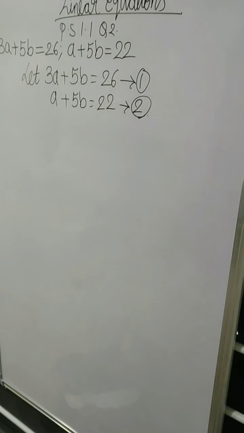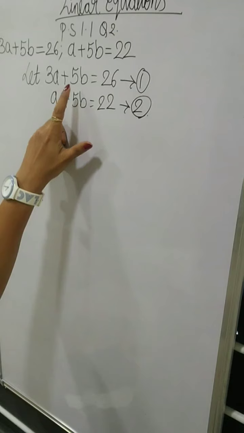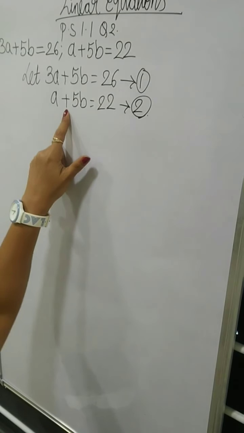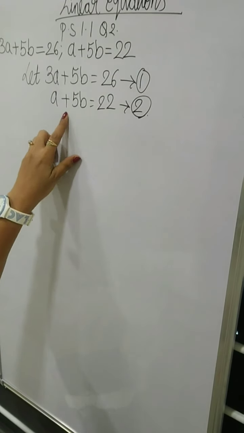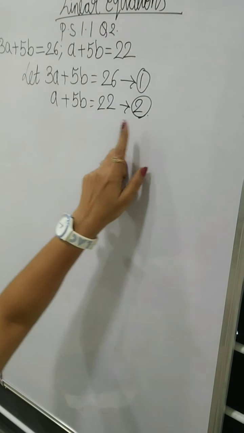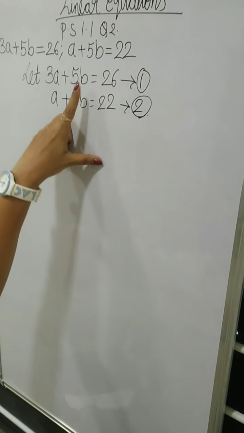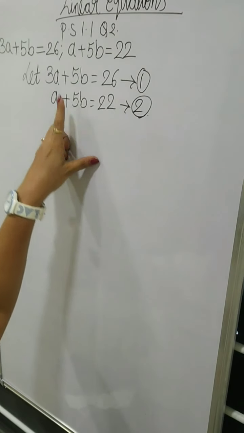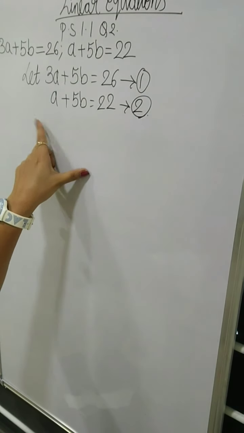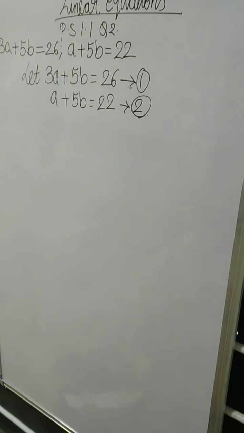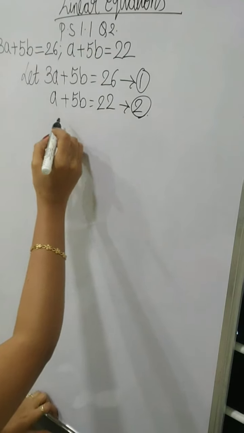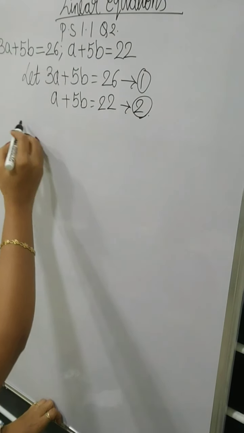We had discussed these rules in our previous videos as well, but let's just recollect them. When you see same terms with same sign, you need to opt for subtraction. Also, if you have two equations with opposite signs, we add the two equations. Here, I can see these are two equations with same terms having same sign. I will be doing subtraction here.